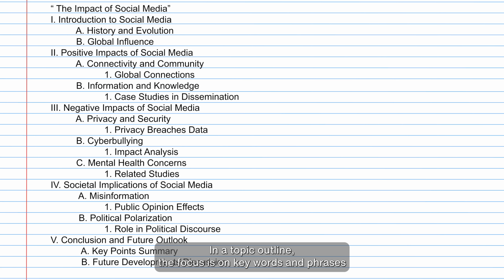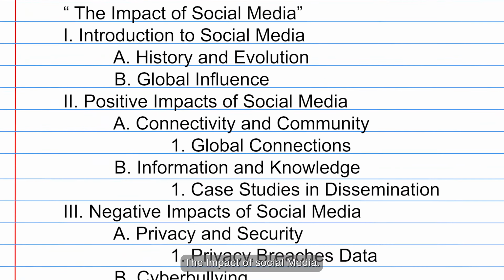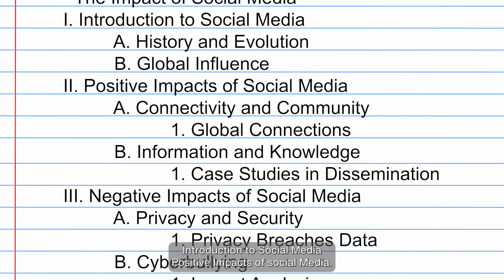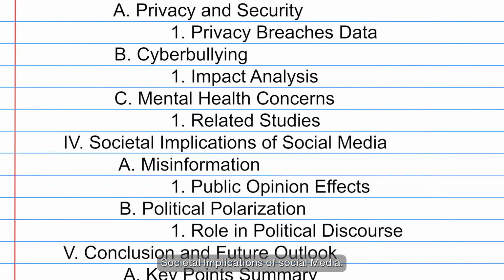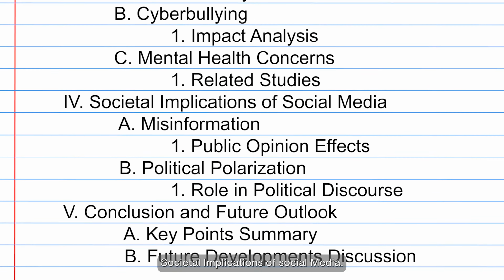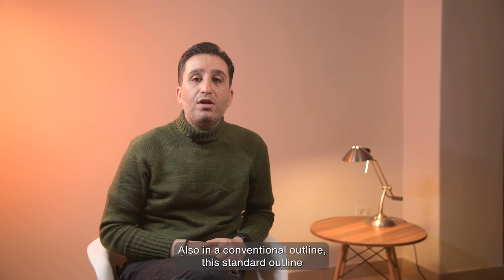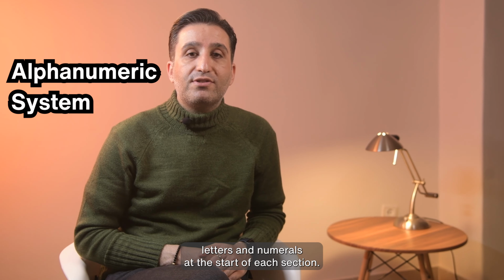In a topic outline, the focus is on keywords and phrases that capture the essence of each section. Here is how the outline would look. The impact of social media. Introduction to social media. Positive impacts of social media. Negative impacts of social media. Societal implications of social media. Conclusion and future outlook. Also, in a conventional outline, the standard outline format uses an alphanumeric system, which alternates letters